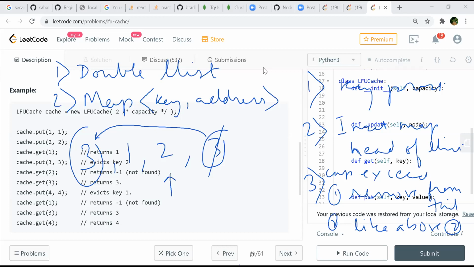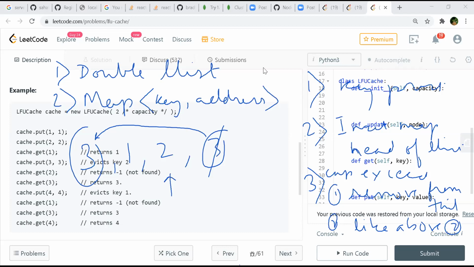I have a question here. It's least frequently used, it's not least recently used, right? So removing from the tail will not remove the least frequently used. That removes the least recently used. Correct, I agree there.